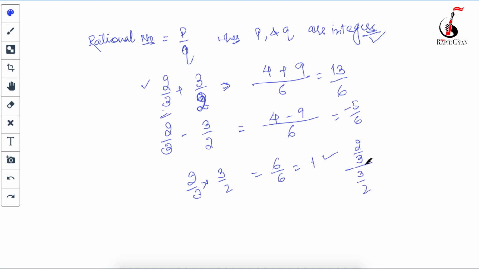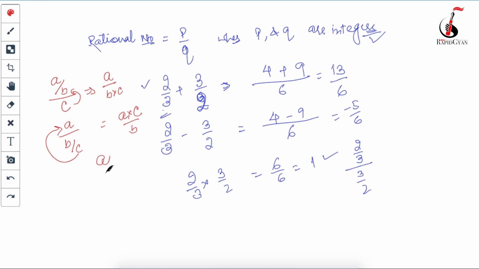You guys remember I have told you something. When you have to go for fraction division, there are three rules I have told you. Suppose there is a fraction a upon b and you have to divide that fraction by c. This will become a upon b times c, meaning c will go in the denominator. Second, if I am going to divide a by b upon c, in this case the fraction is in the denominator, so c will go up, meaning this will become a times c upon b.